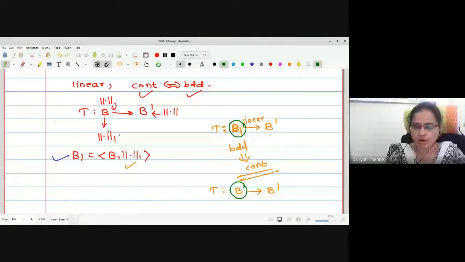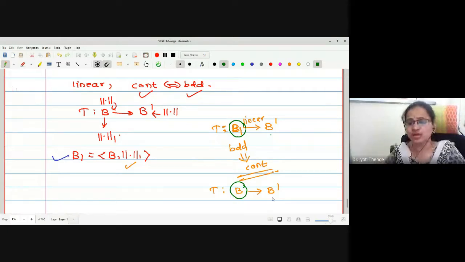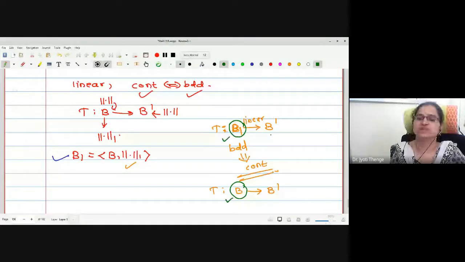Here we were going to call the space with norm1 say B1. Then we will define norm1 on T in such a way that T from B1 to B dash will be bounded. Bounded implies continuous. Therefore, T from B1 to B dash will be continuous. Later, actually aim is to show that T from B to B dash is continuous. To show that, it will be sufficient for us to observe homeomorphism between the two spaces B1 and B.